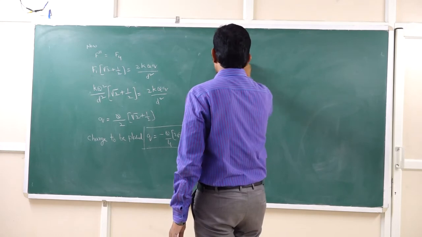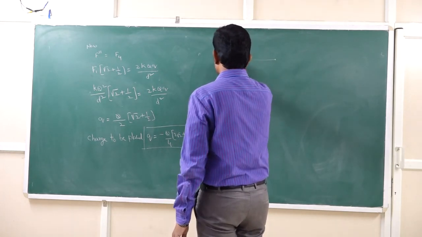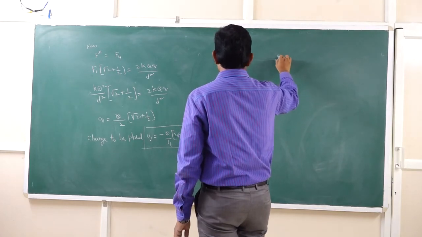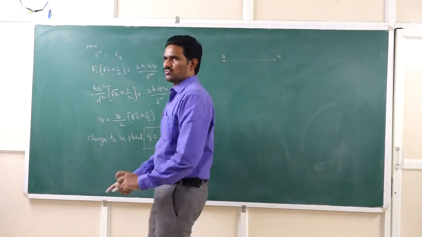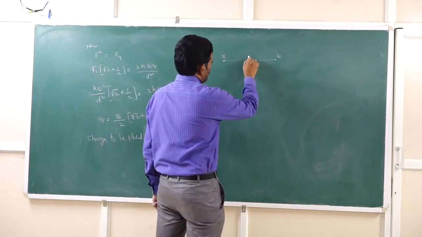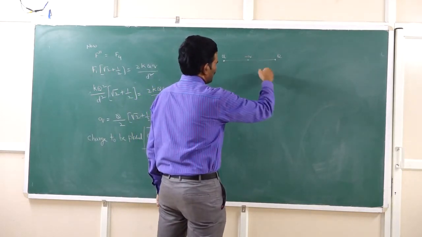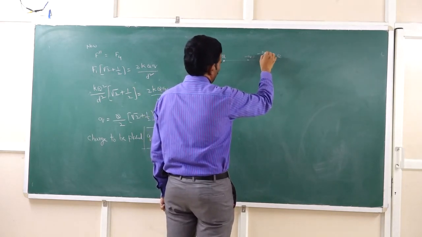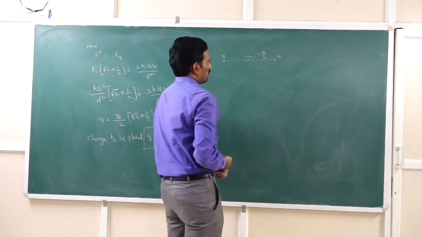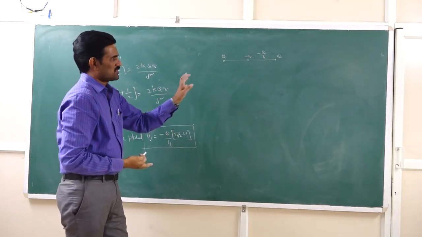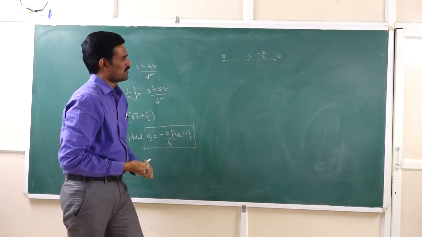And there will be some theoretical questions also based on this. So let us see those theoretical questions. If I consider our first problem, two charges are placed there, and then we are placing a third charge here so that the system is in equilibrium. We calculated that value, which is nothing but minus q by 4. That is our first problem in the equilibrium problems. We already did that problem.